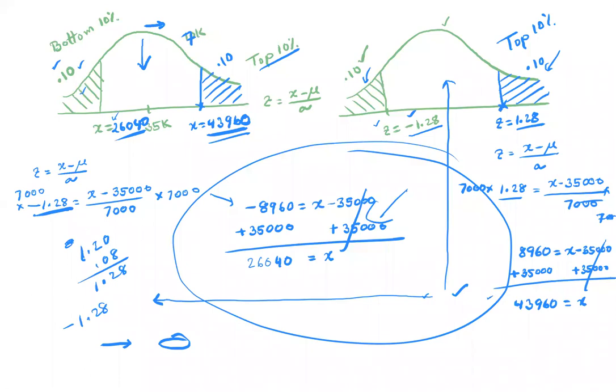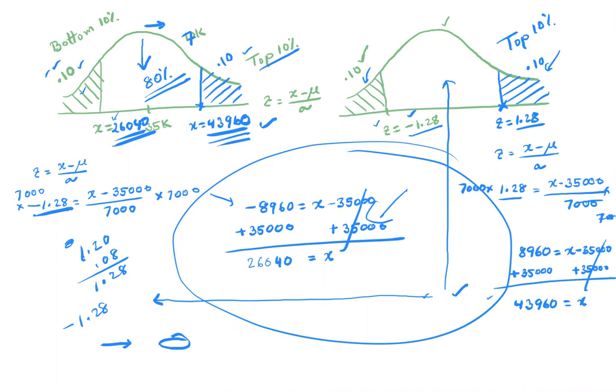If you make more than 44,000, you're in the top 10%. What is the middle? 80%. So 10% to the right, 10% to the left. 100 minus 10 minus 10 is 80, right? So to be among the middle 80%, you have to make between $26,040 and